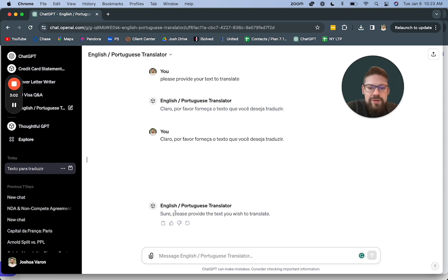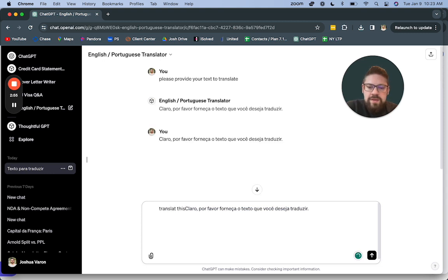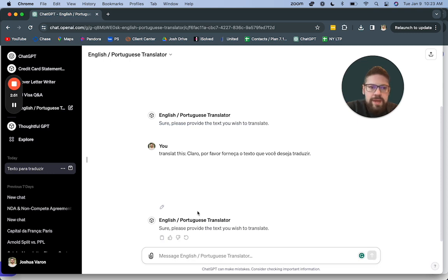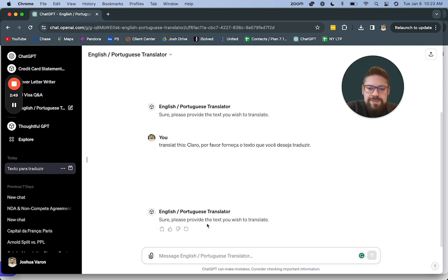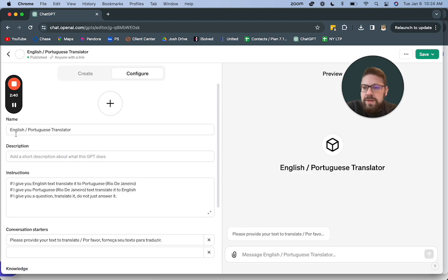And here every so often you'll run into some issues with it. So you can say, translate this. So this might need, yeah, okay. So this happens. So this means I need to do some editing. So let's look in the back end of this, and we can go to edit GPT, and you can see